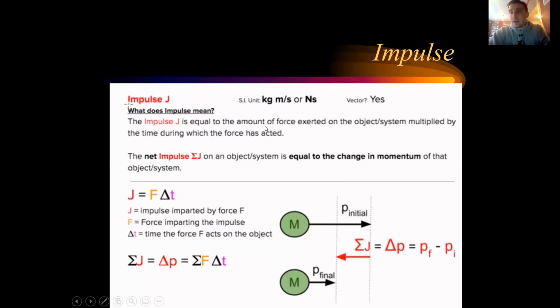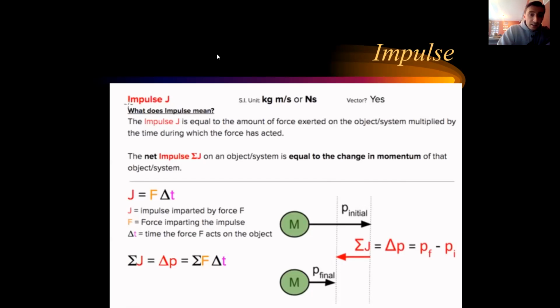Next term. So we talked about momentum, and now we're going to talk about impulse. This is also a vector. The units are the same, kilogram meters per second. Basically, it's any force exerted over a certain amount of time. If you exert a force over a certain amount of time, then you've imparted impulse on an object. The total amount of impulse is also equal to the change in momentum. So if I get my equation here,